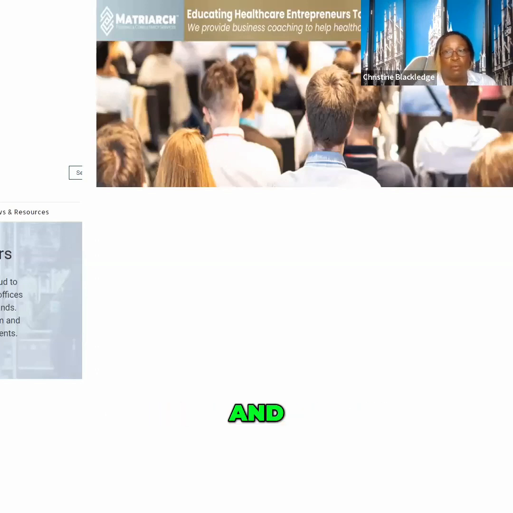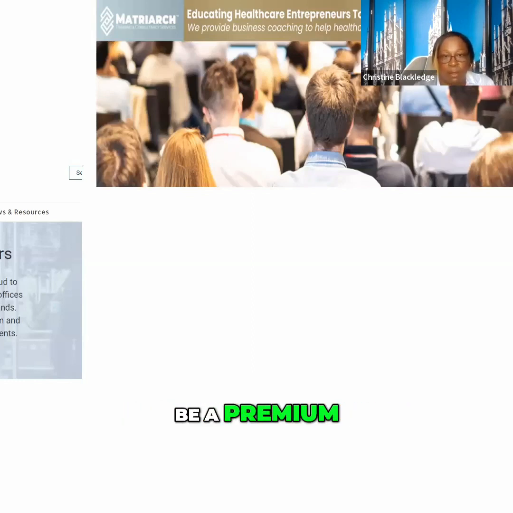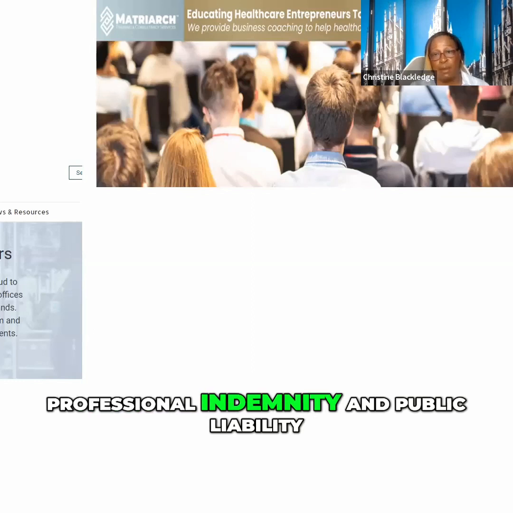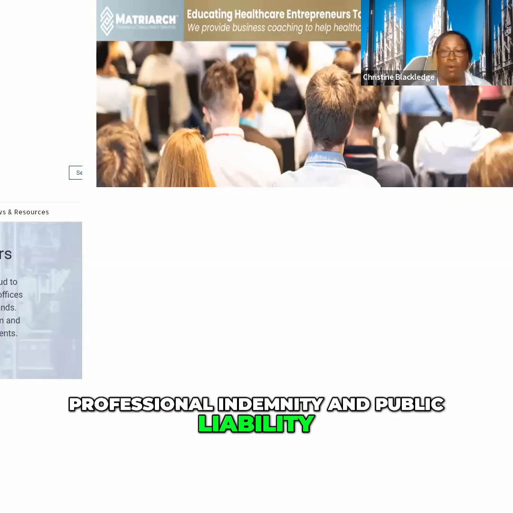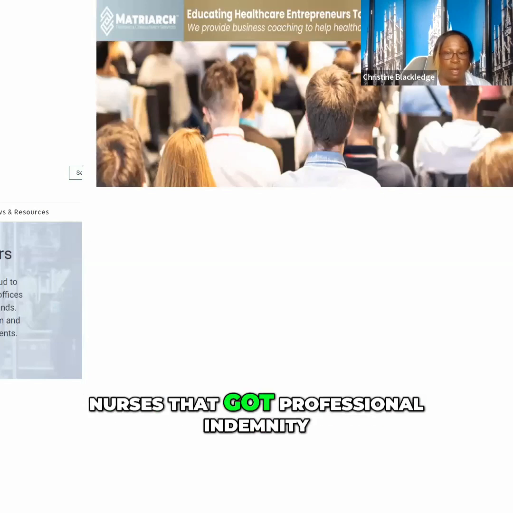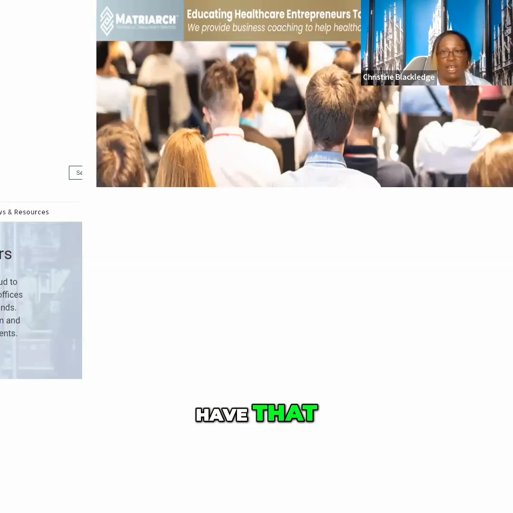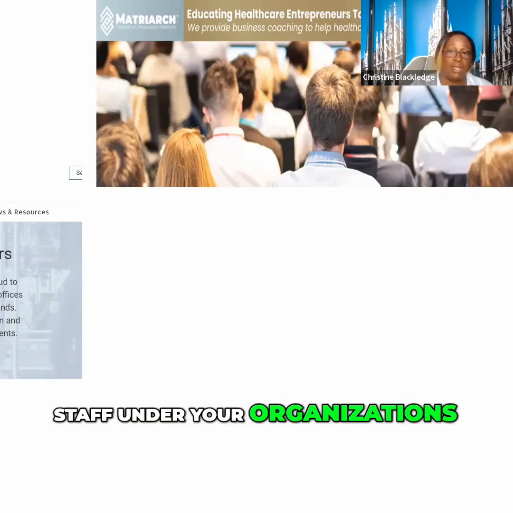And the insurance I applied for was also 10 million, because I wanted to be a premium supplier as well. Okay, so you need to think about employer's liability, professional indemnity, and public liability. Although you may have nurses that have got professional indemnity, you still need to have that even though you are an organization, because you are supplying staff under your organization's